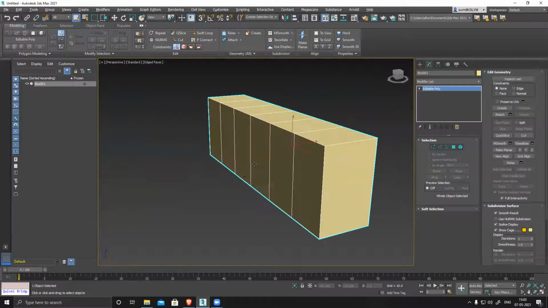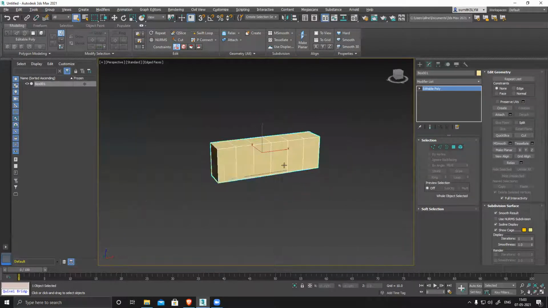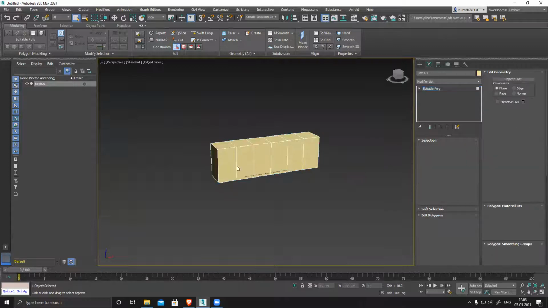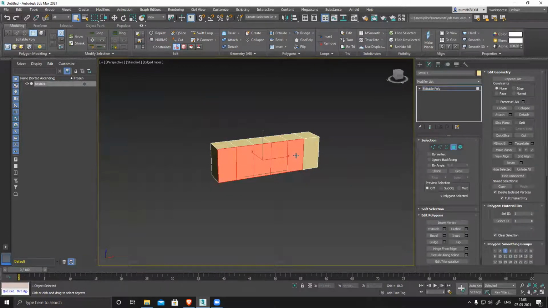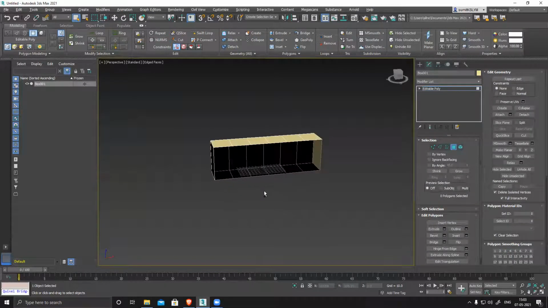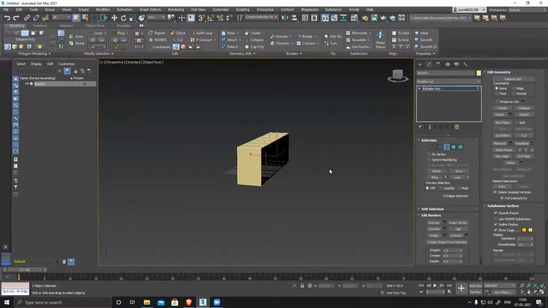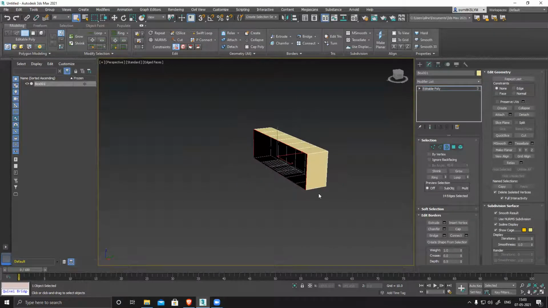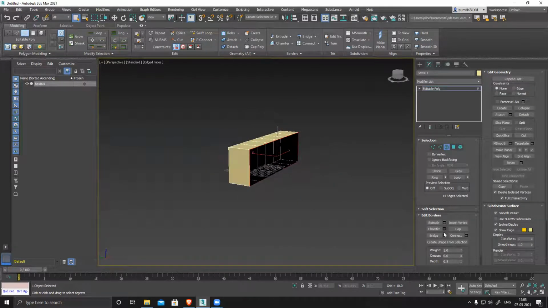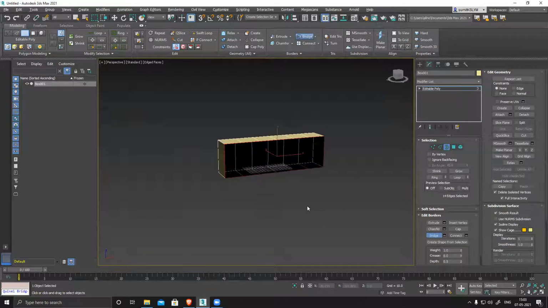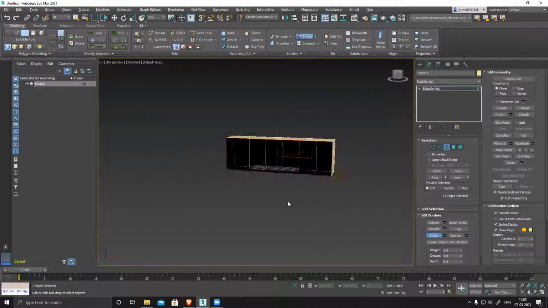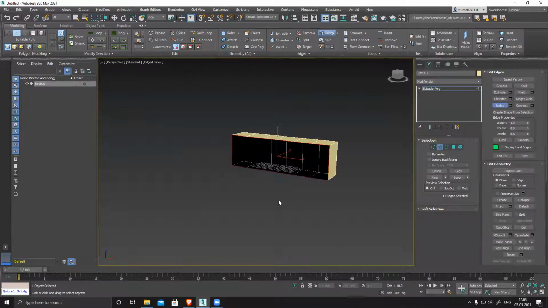Okay, sir. So bridging. Let's see. You're having an issue with bridge. Suppose I delete this one side and now I have this entire thing. If I select all, you can see I have selected the entire edge, the entire border. And if I click bridge, nothing happens. This is what is happening to you. Yes, sir, this only is happening.